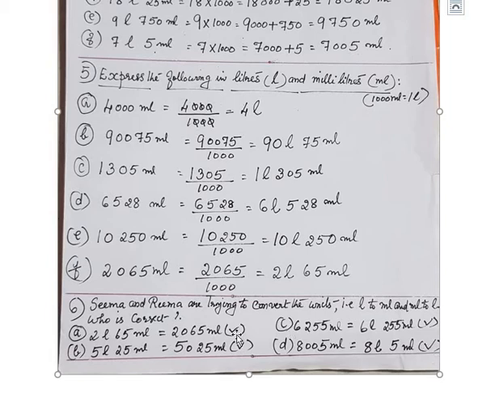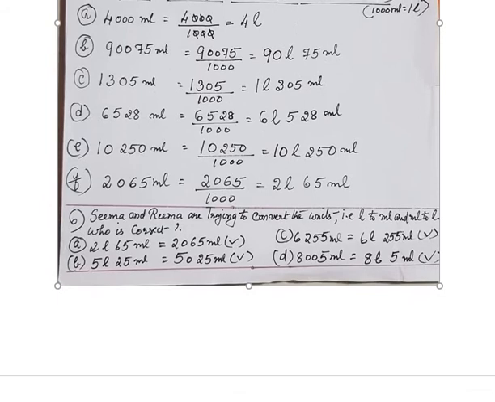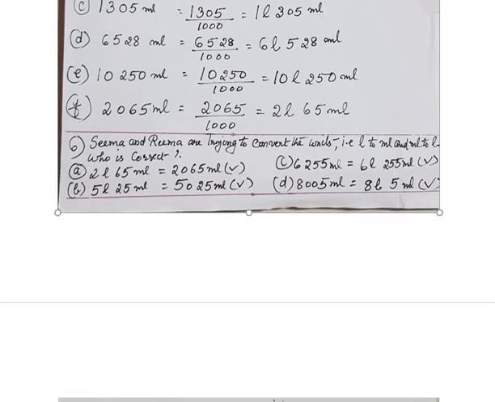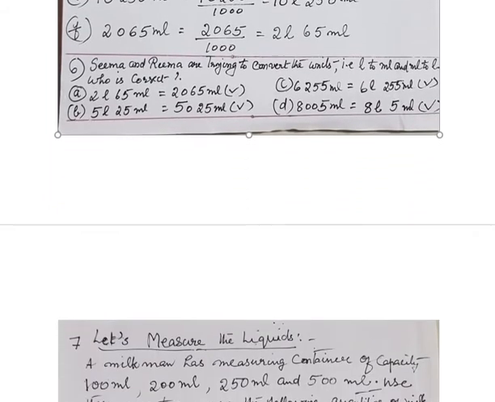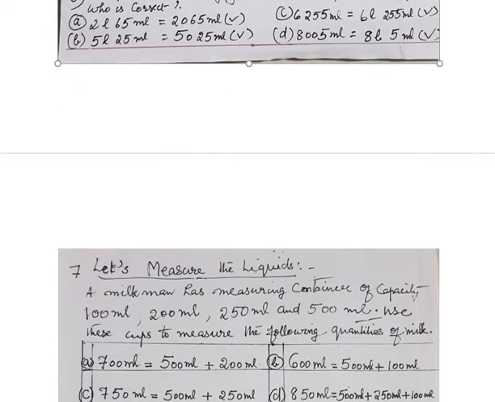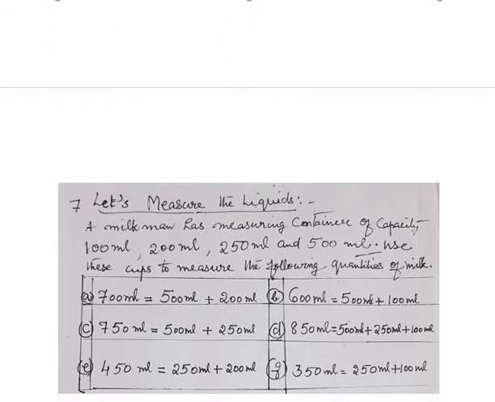Here only the correct answer is shown on this paper. In your workbook, both the wrong answer and correct answer are given. So you have to find out only the correct answer. I hope you have followed now and will do it correctly. If any doubt comes, listen to the video again and again, so you will get a clear picture of that.